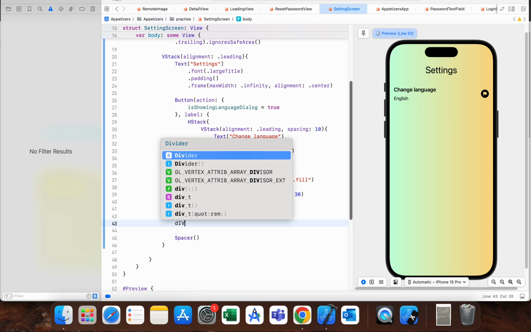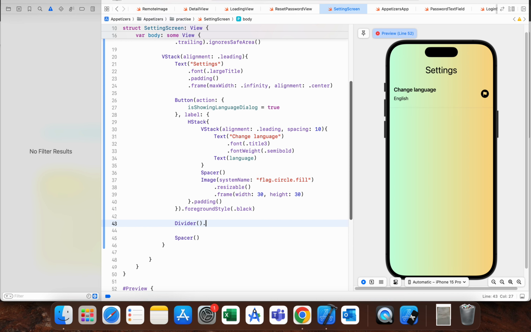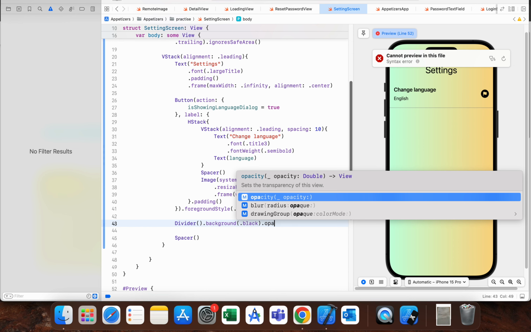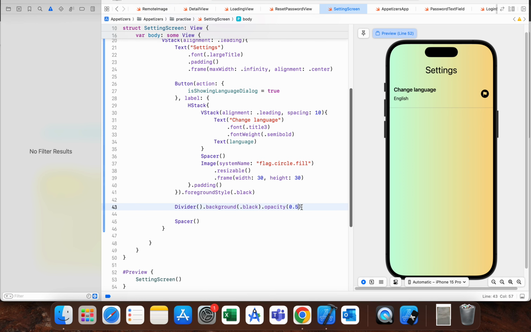Below that we will have a simple divider, background black, and opacity of 0.5. So divider. The next